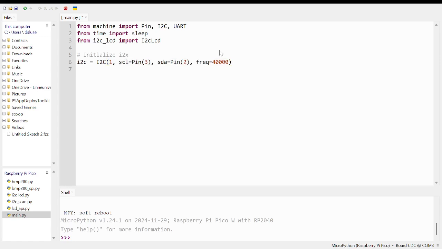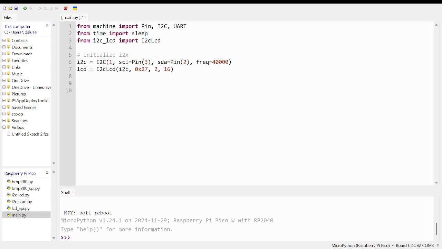And then the screen using, and still this address, and 2 rows and 16 characters on each row. So first of all this one,